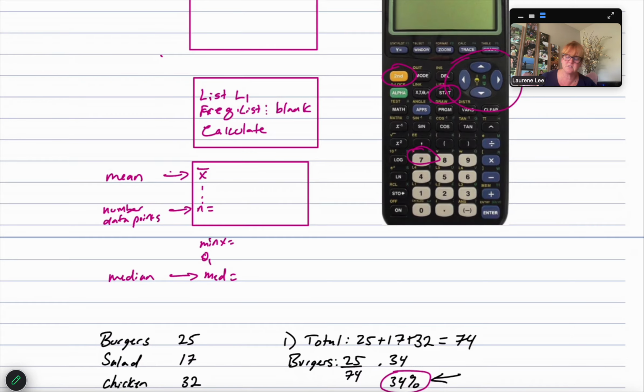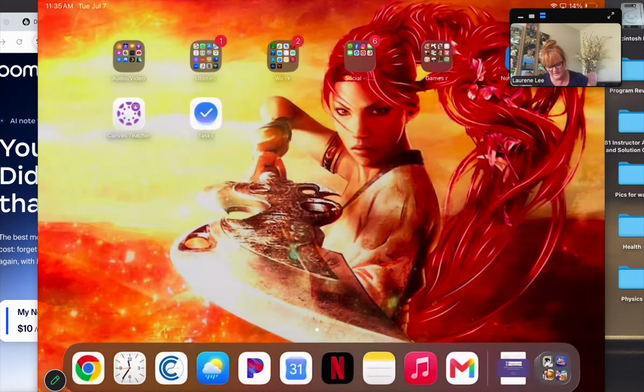The TI does not do mode. You actually have to go into your list and count and find the mode on that. I could be wrong. It could be hiding somewhere, but I've not seen it. So if you guys find it, let me know. But I think that you have to count it on a TI. On the Class Calc,